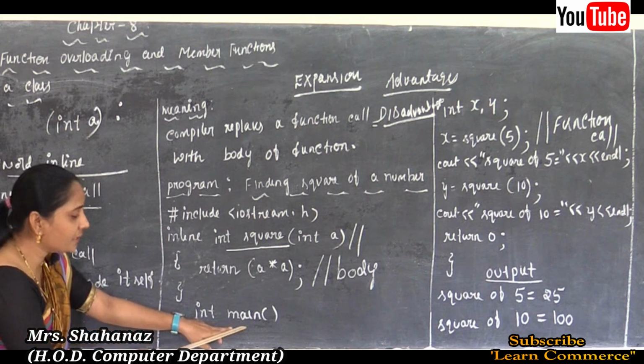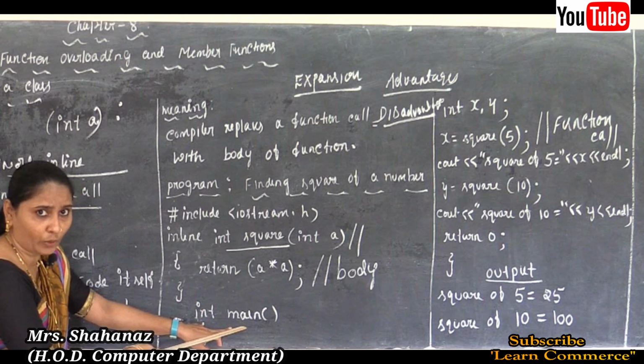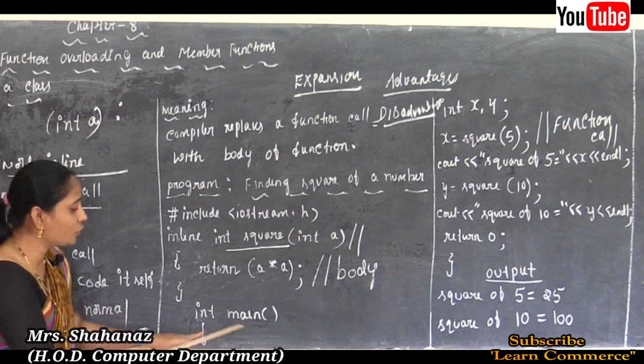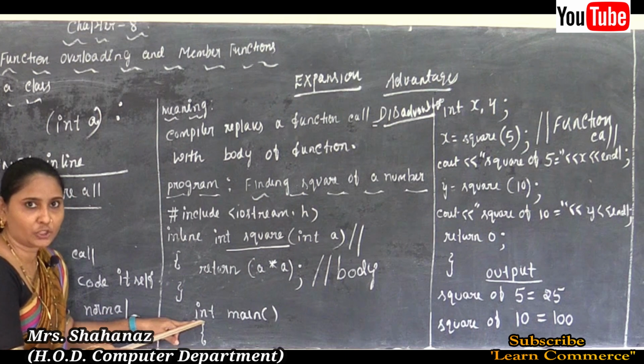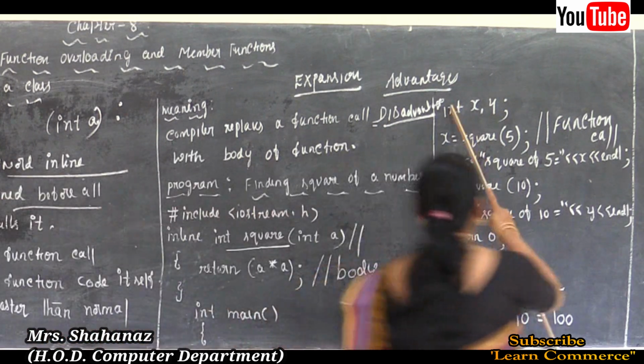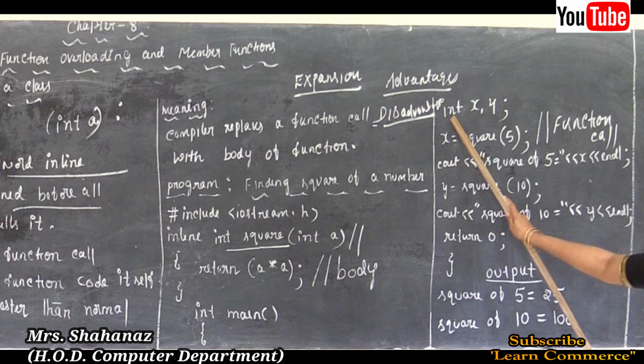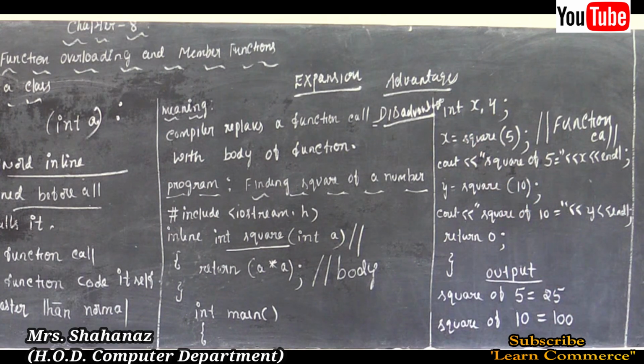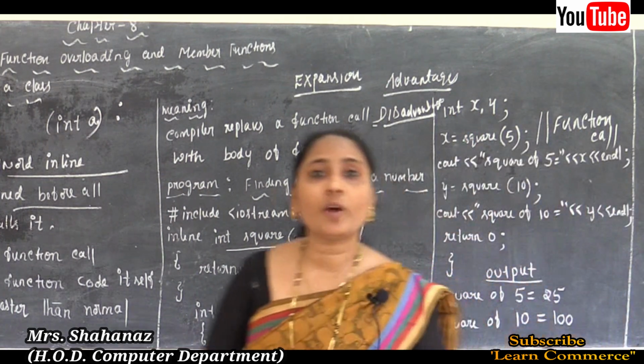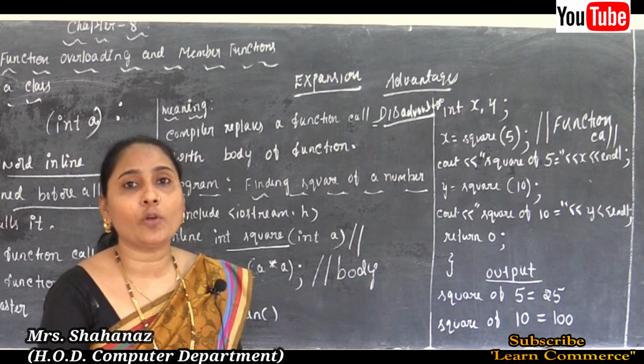And later this is the main program. It is going to start by using int main, and next, int x and y. So in the main program I declared two variables. The variable names are x and y, by using the data type int, and later I called the function. That means the calling of the function.